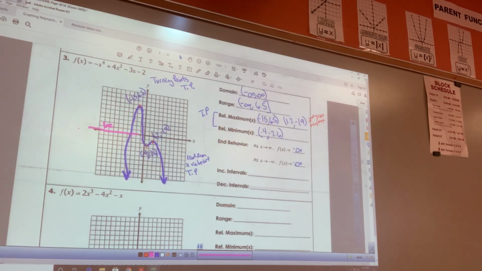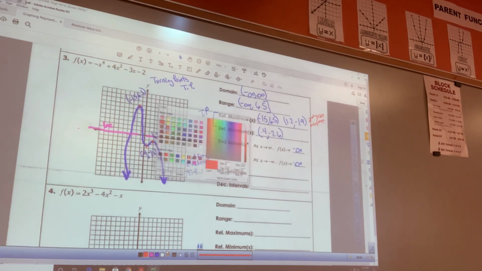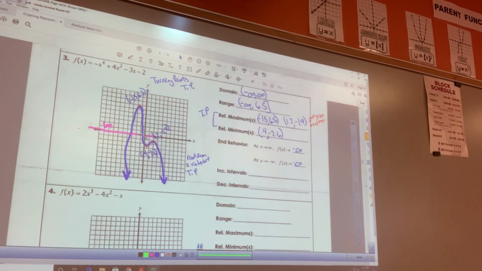Then it decreases, and then look, it increases again right here, and it stops at that turning point. And then let's look at where does it decrease? At that turning point, it doesn't stop where the line crosses the x-axis. It goes all the way to that turning point, and then from here on. So my decreasing intervals,